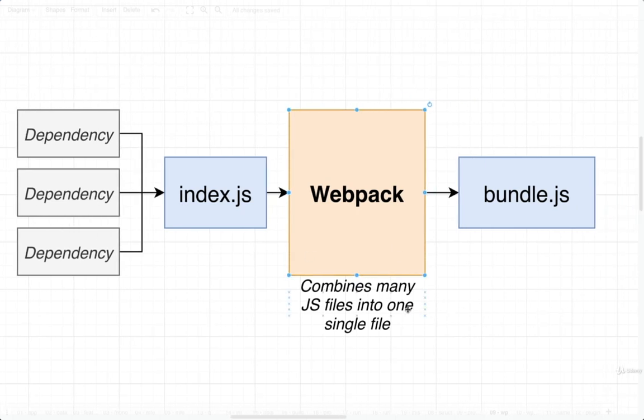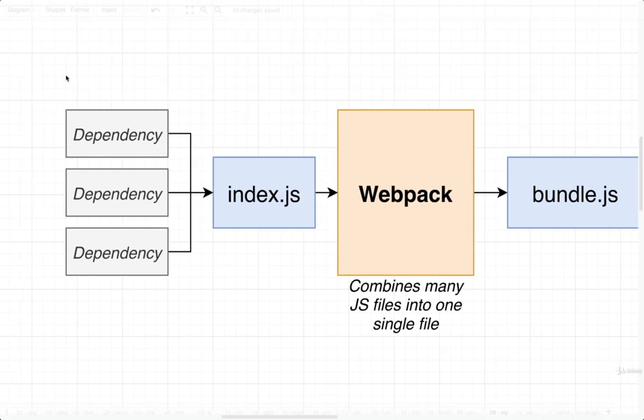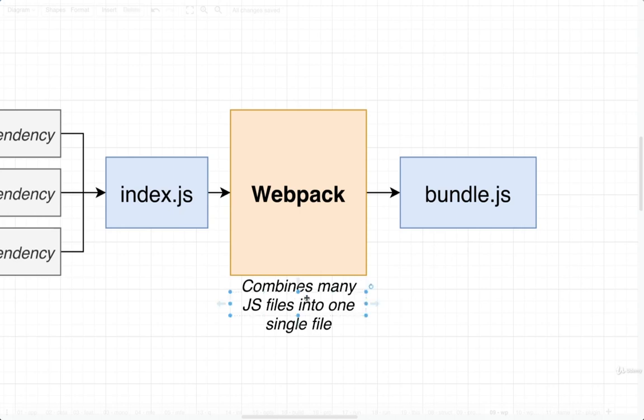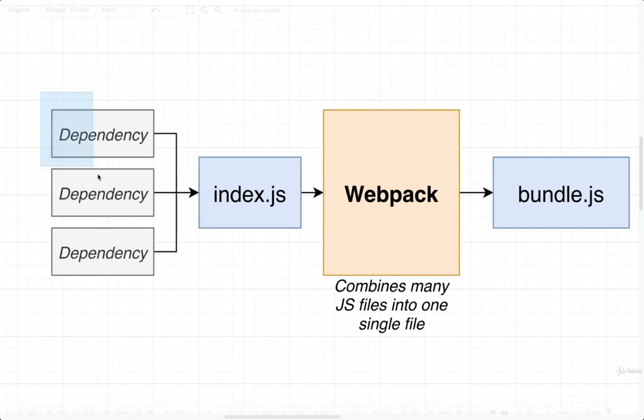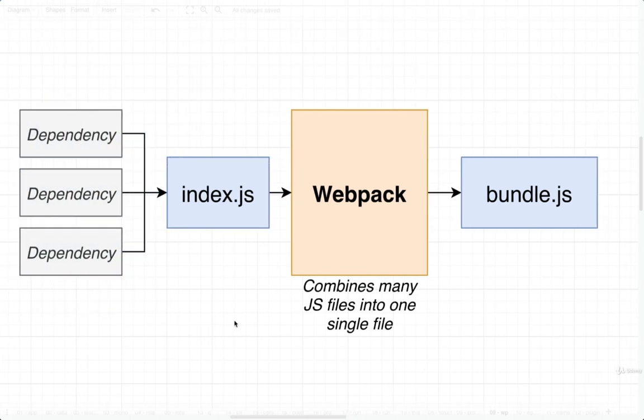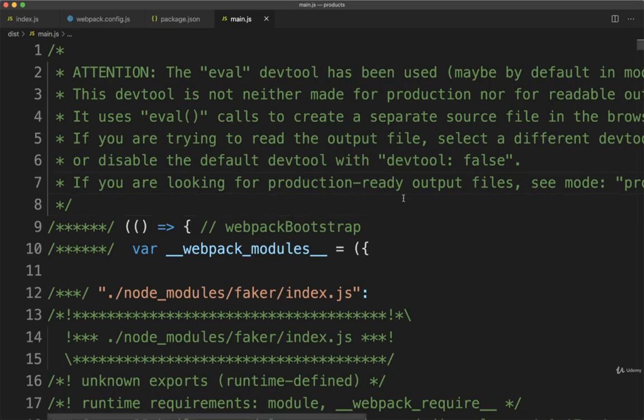So the goal of Webpack is to take many different JavaScript files, which we have right now, even with one single dependency, and combine them all down to one single output file, which in our case was named by default main.js. That's the file we just saw inside of that dist directory. So that main.js file is the output of Webpack. You will frequently see that file also named as bundle as well. So that one single file contains not only the code from our index.js file, but also all those different files from Faker as well. If we go back over to our editor and take a look at the main.js file,